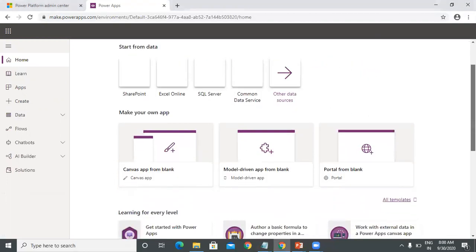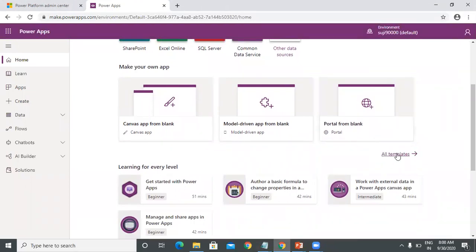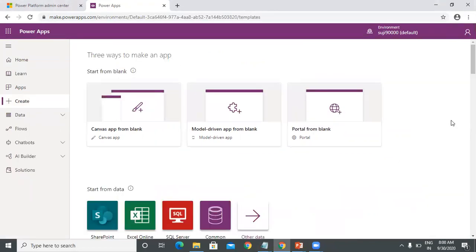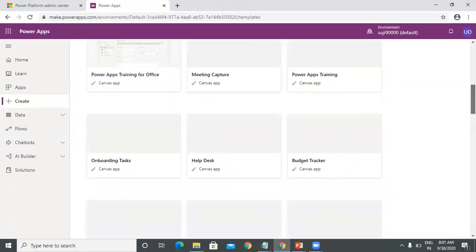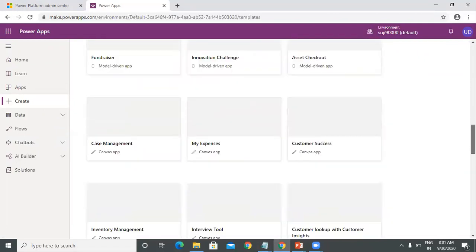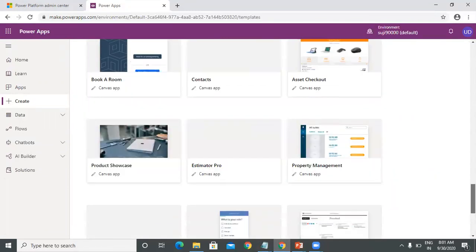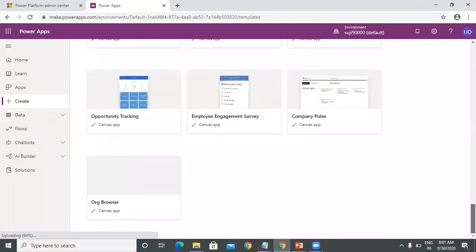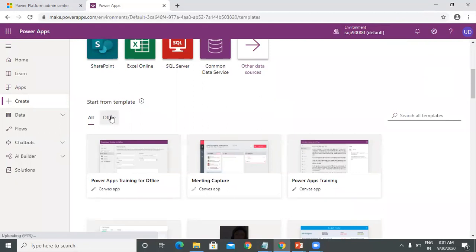You can see the tab for portal from blank, and if you click on all templates, you can see the apps with all the templates below.